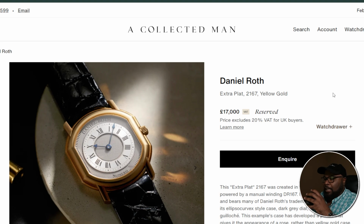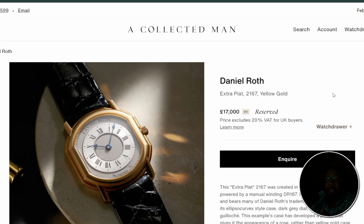And I love that. And again, father of independence, because he was the first one, because all these guys, F.P. Journe, Philippe Dufour, Denis Flageolet, all of them worked at all the big houses, whether it be Breguet, whether it be Audemars Piguet, whether it be Patek Philippe, like Laurent Ferrier. So many of them,